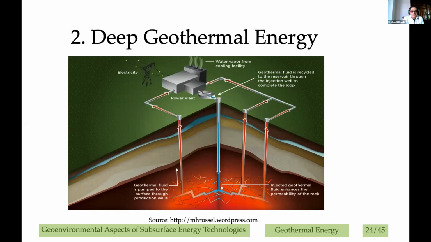As I mentioned, it has great potential to increase the contribution of geothermal to renewable energy. The concept of deep geothermal is basically drilling a well to reach a high temperature bedrock. This is a dry bedrock, and then you drill a bunch of production wells surrounding that injection well. Now we can inject cold water, and that cold water will interact with that hot bedrock, and then the hot water, or in some cases the steam, is being used in the power plant to generate electricity.